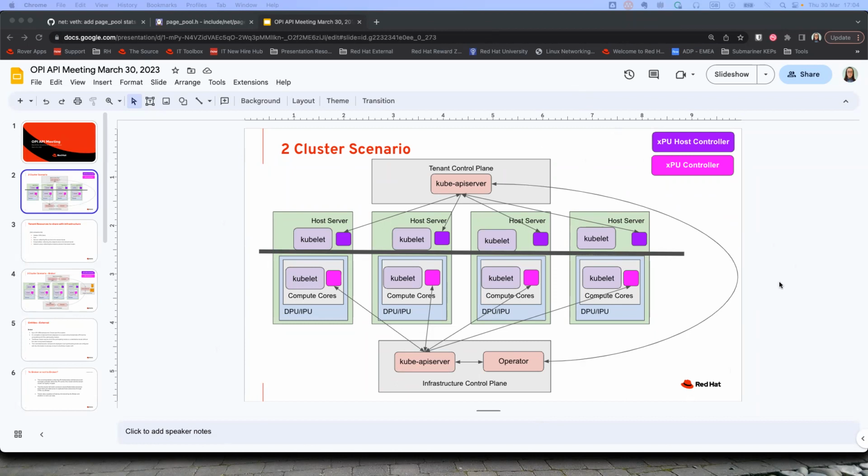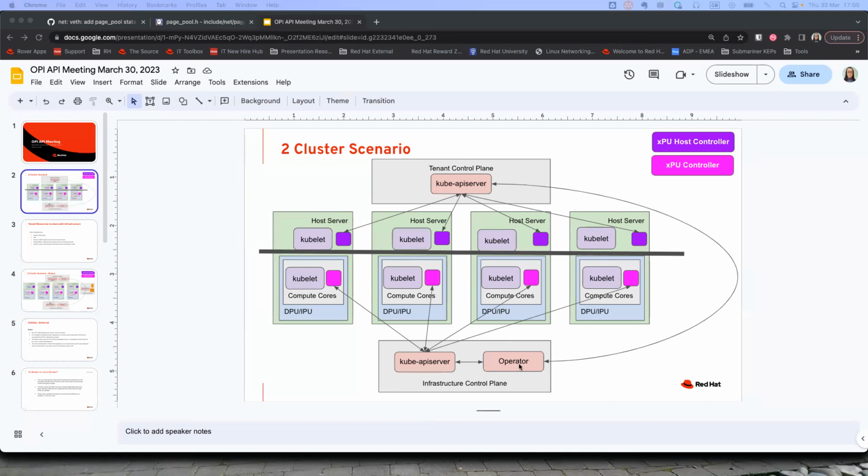Sorry. Yes, so today we might just carry on the discussion from the point where we left off last week. So I might just do a quick recap on what we spoke about, and then we can start talking about some of the resources that we need to share between the tenant cluster and the infrastructure cluster, the appropriate models that can be used to sync that information, and the challenges, I guess, associated with all of those. So last week we kind of spoke about, if we had this simplified scenario where we had a tenant